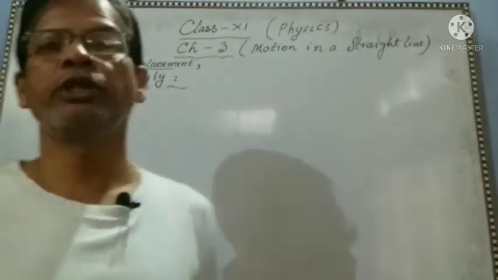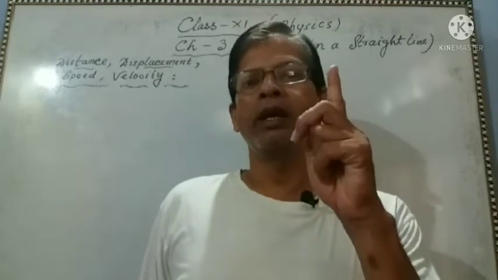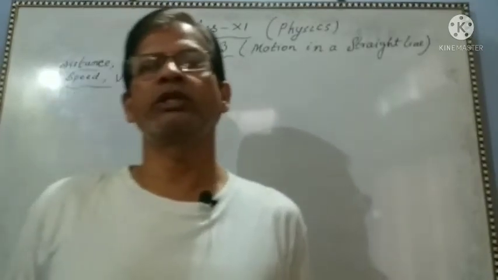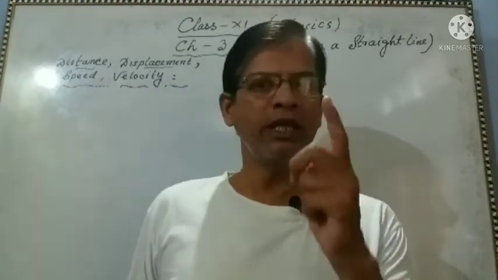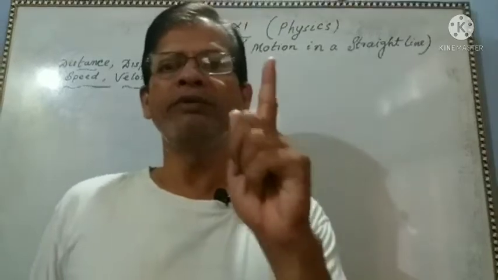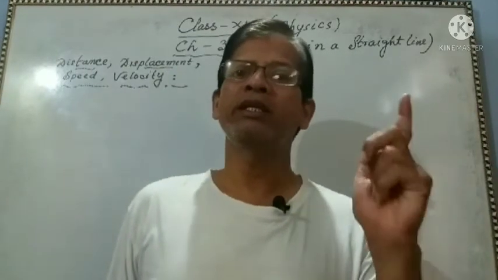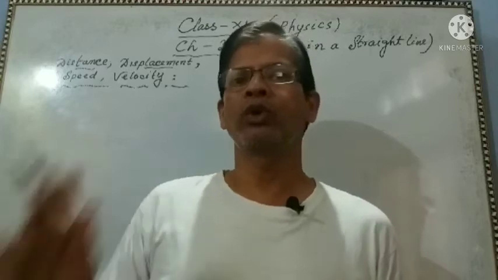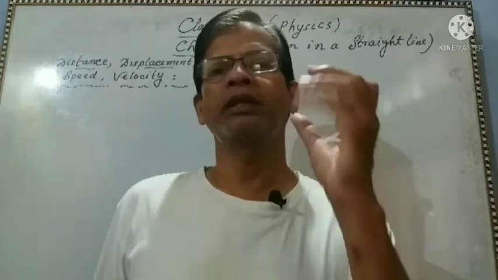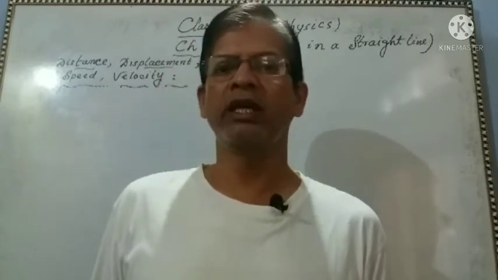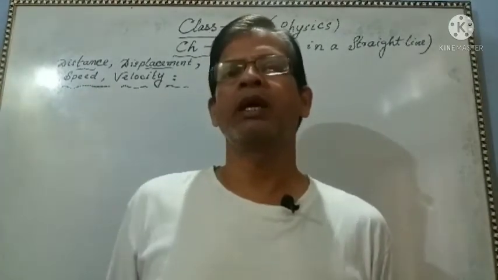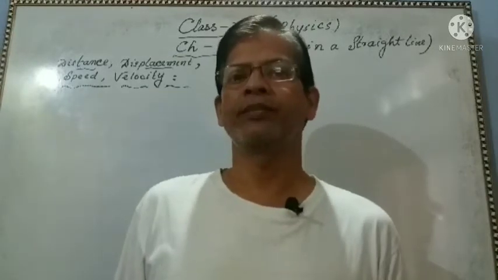Before going to speed, you see the time axis origin and the displacement or distance axis origin. If there is a change in origin, then the difference in distance never changes. The difference between two distances stays the same. Similarly, if the origin of the time axis is changed, then the time interval between two times can never be changed. Clear?